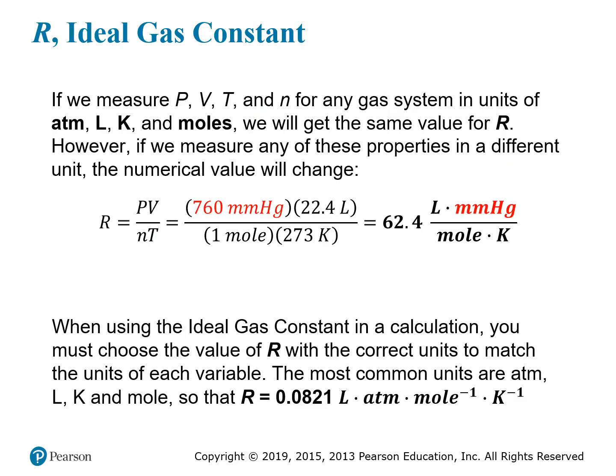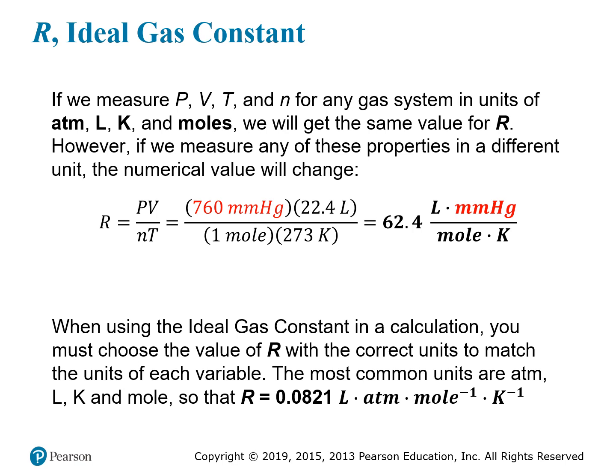So if we measure the pressure, the volume, the temperature, and the number of moles for any gas system anywhere in the universe, and we measure it in units of atmospheres, liters, Kelvin, and moles, then we're always going to get that same value for R, 0.0821. However, if we measure one of those properties in a different unit, then the numerical value